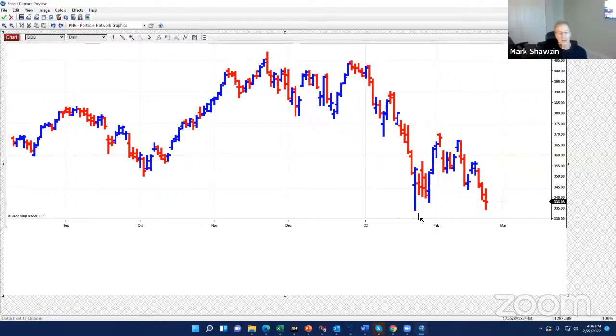This is just a very tricky area. When you get to an area where you've had previous support, you can go up and down here and bang around in this range for a while. And I imagine this is what we're going to be seeing. Very range bound, very volatile markets. You really need to know how to pick your spots.